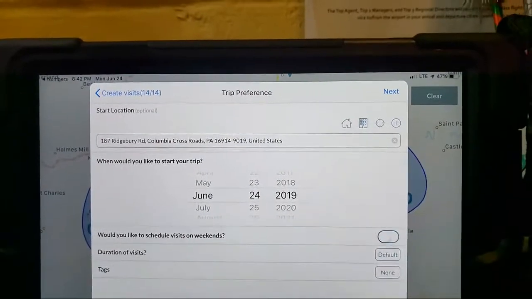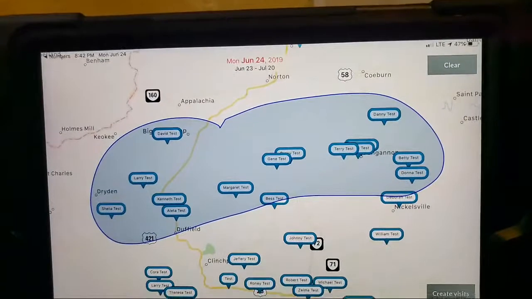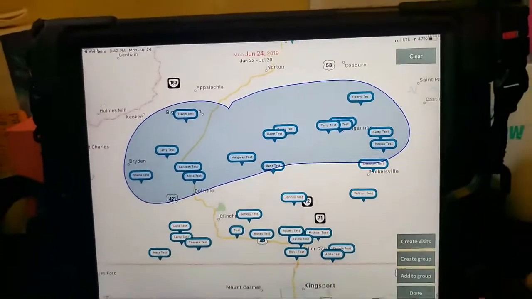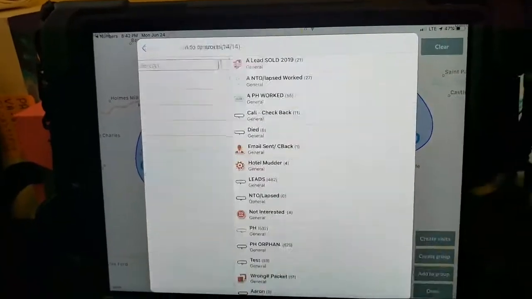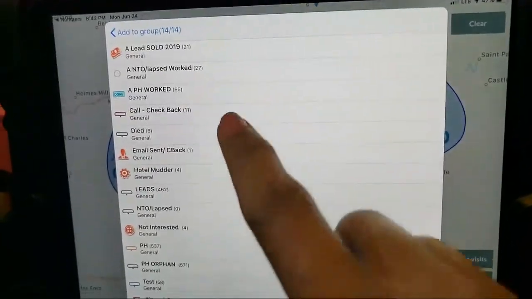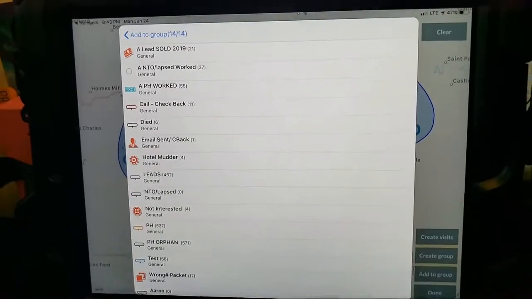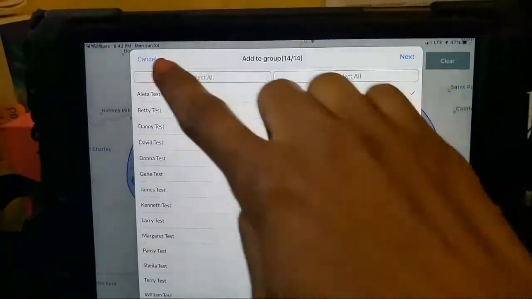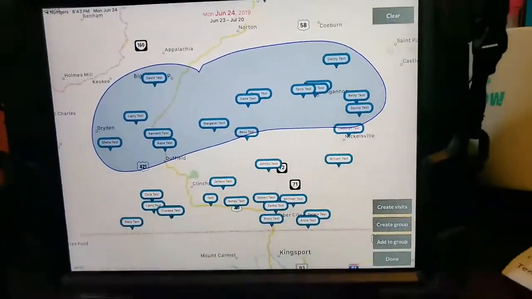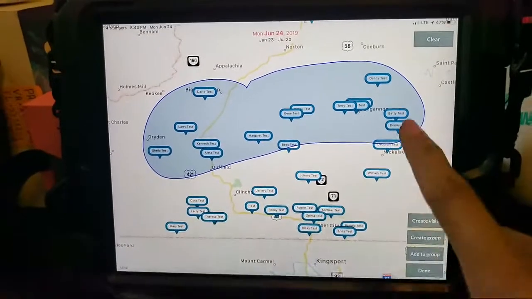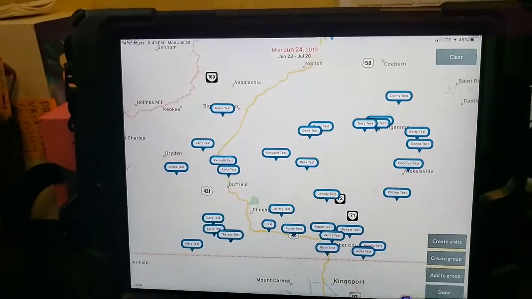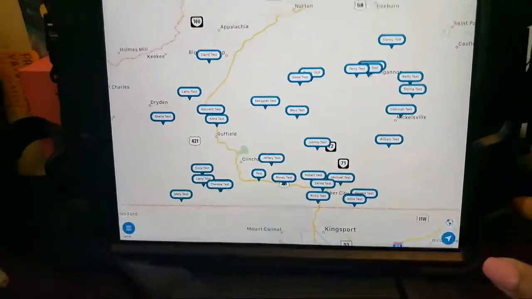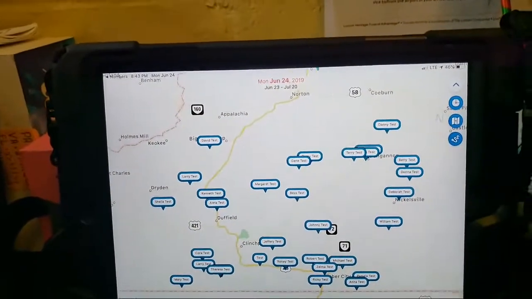I just, again, don't want to do that because I don't want to have to delete everything out. So very good. If I wanted to add these people to a group, I would select those again, and then I would just come out and pick a group to add them to. Again, I do not want to add them to another group because these are tests, individuals, and I don't want to. So I'm done with that. So I'm hitting clear. All right. And then down bottom, done. You can go back up, hit the down, and